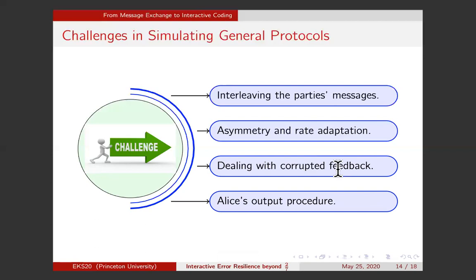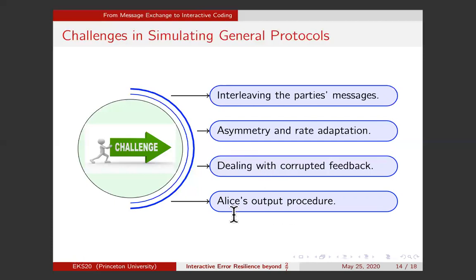Lastly, another thing that we'll need to deal with is that now Alice will need to compute her output differently. Recall that in our protocol, Alice receives two types of messages: A, messages that have the is-sure bit set to true, and B, messages that have it set to false. It turns out that she cannot treat these messages equally. In the new output procedure, she will assign a weight to each of these messages based on the is-sure bit, and she will output not the majority, but the weighted majority of all these messages. This is the last challenge I have in this talk.